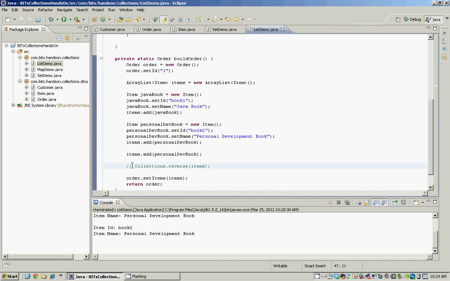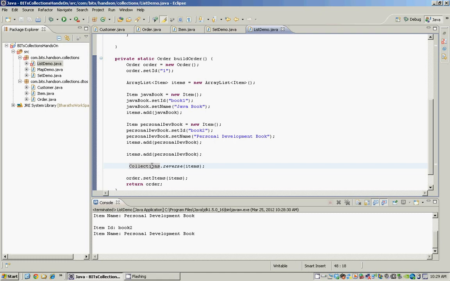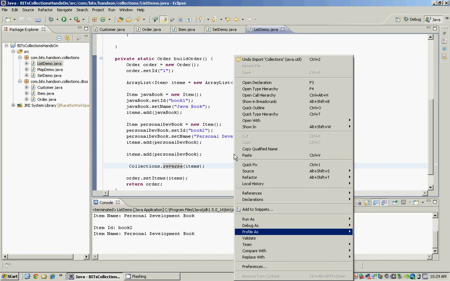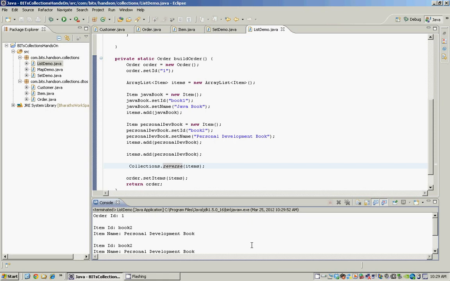And we have talked about the Collections class, which has a lot of utility methods. Let's see that in action too. All I'm doing here is invoking the Collections.reverse method. Let's import the Collections class from java.util. The reverse method reverses the list. Right now we are adding book 1 first and book 2 next, but when we call the reverse method, as you can see, it reverses the order. Book 2 comes first and then book 1,